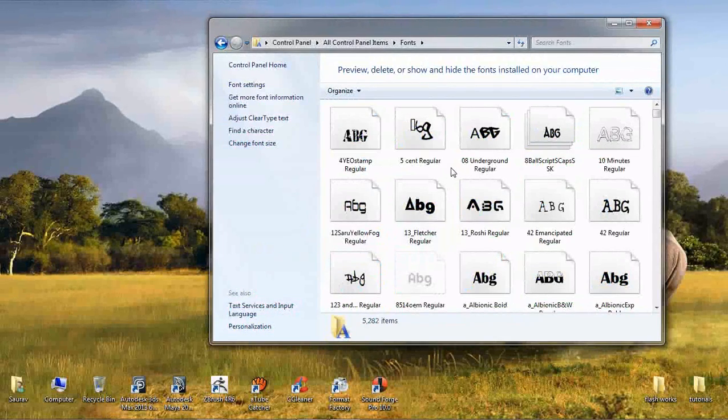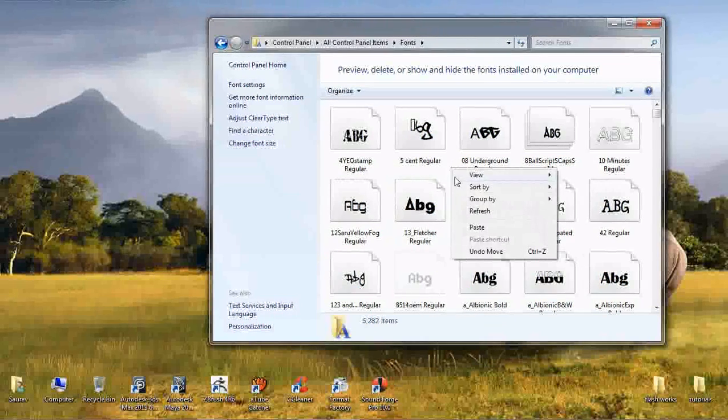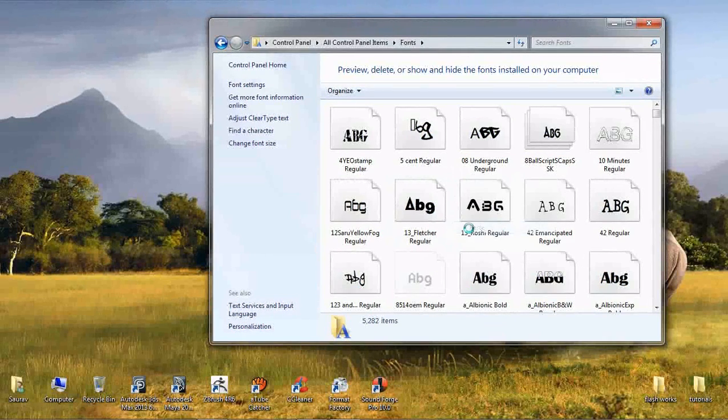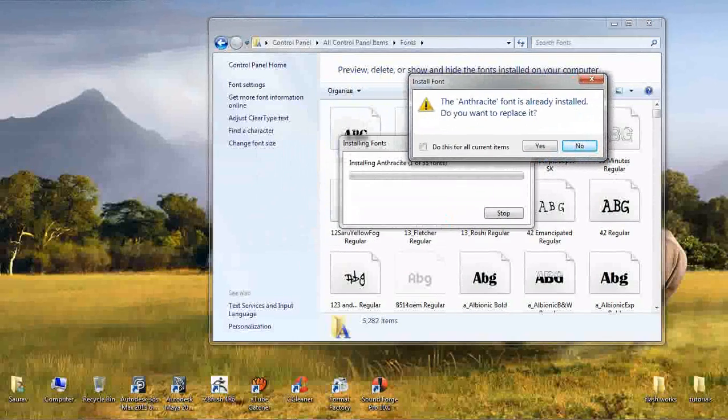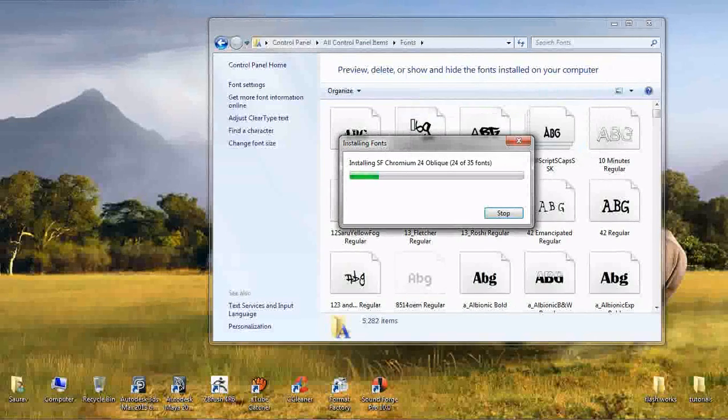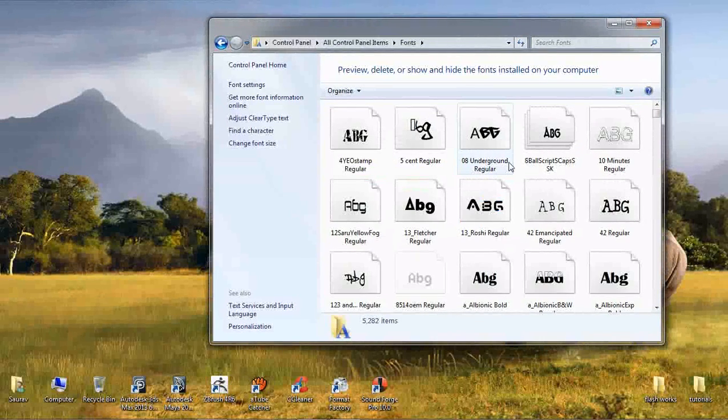Just open it and paste your fonts. Since they are already installed on my PC, it asks whether you want to replace them or copy or not. I say replace, so it replaces all the fonts and it's done simply.